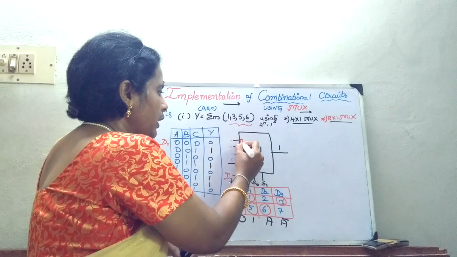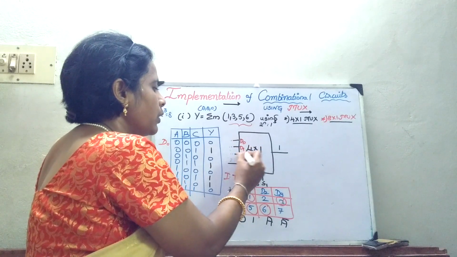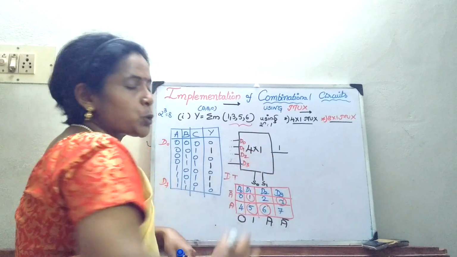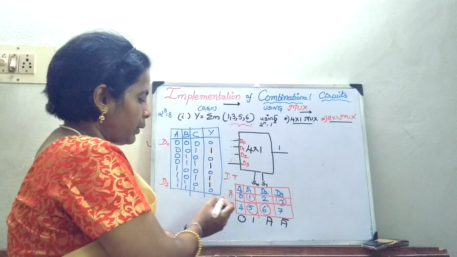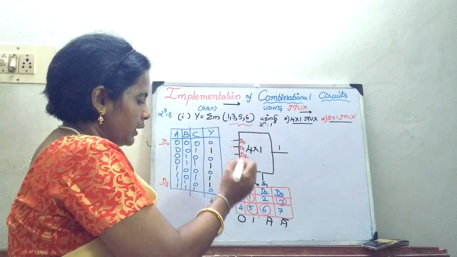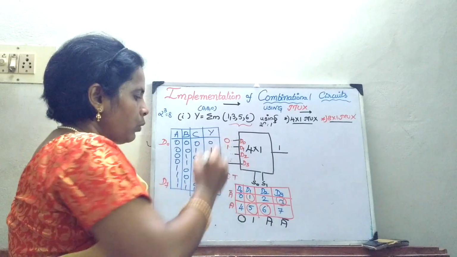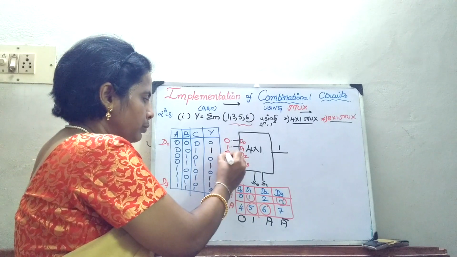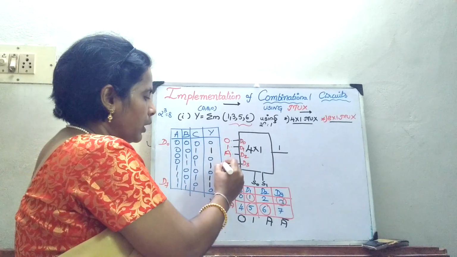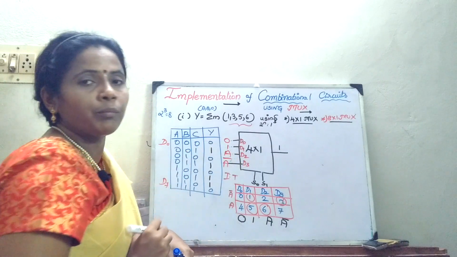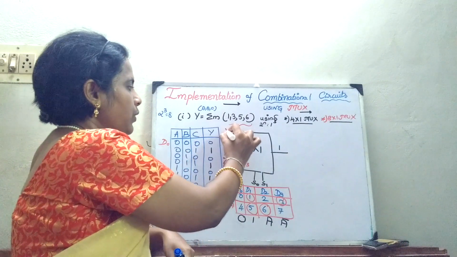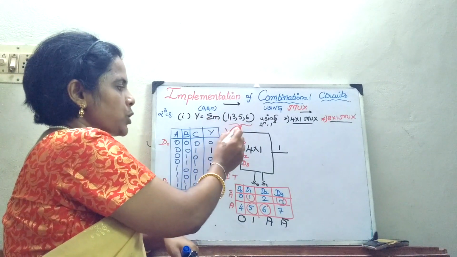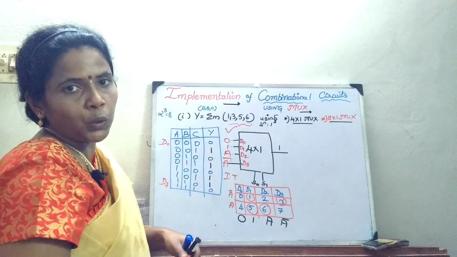I am just writing the data inside. Either I can represent them by I0, I1, I2, I3 or D0, D1, D2, D3. Only the concept you should know. Now here, what is the value for D0? It is 0 and for D1 it is 1. Next, D2 is A, and D3 is A bar. That's all. This finishes the implementation of your expression in the case of the 4x1 mux.